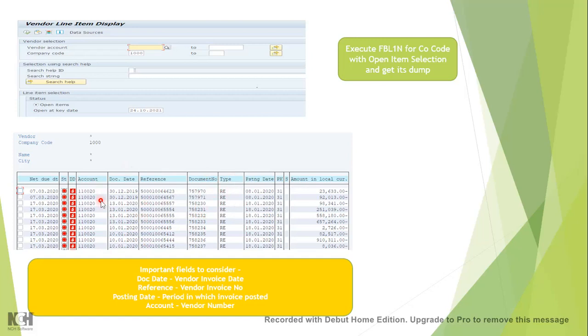Then you dump it and compare by taking today's date and see whether any of these invoices are over 6 months or not. If they are over 6 months, then you need to speak to your client, identify against this amount how much ITC they have claimed, and then ask them to reverse it.